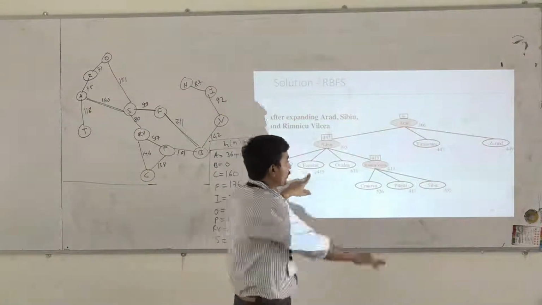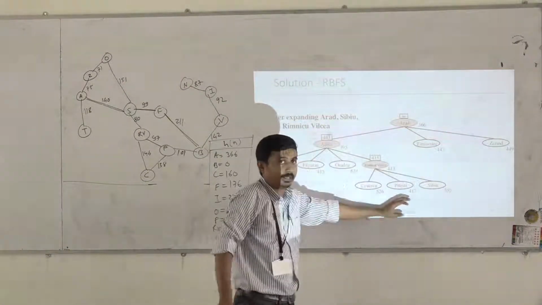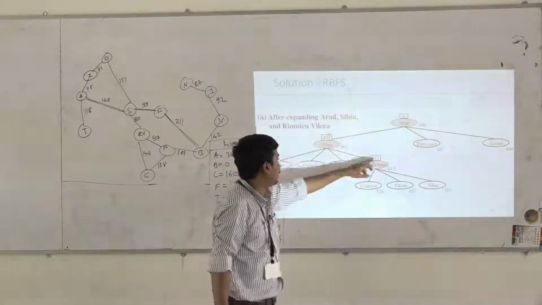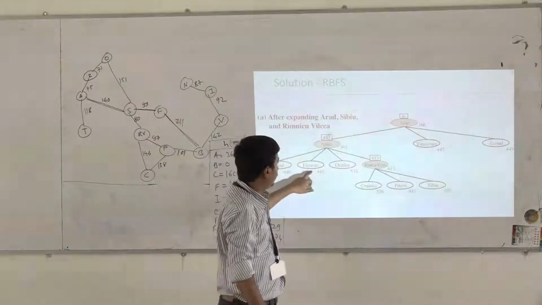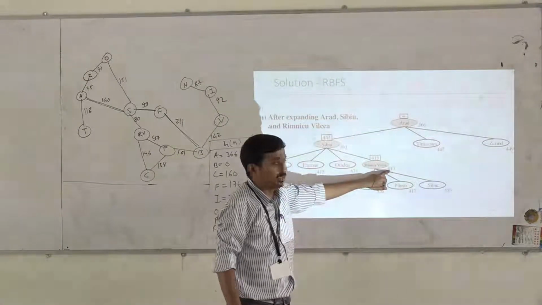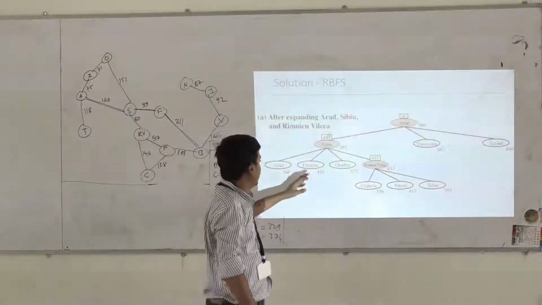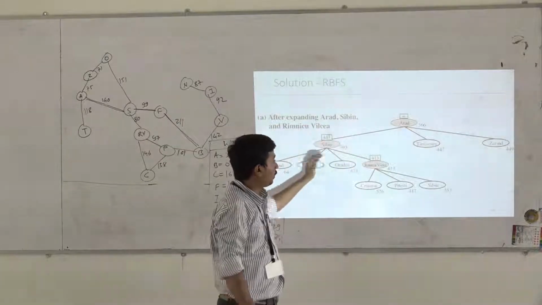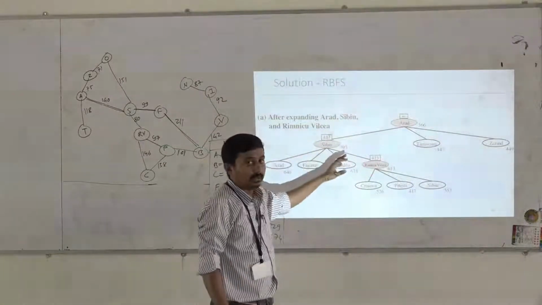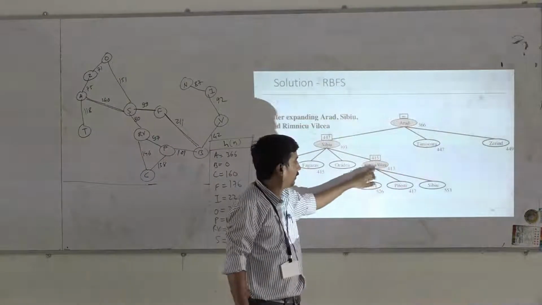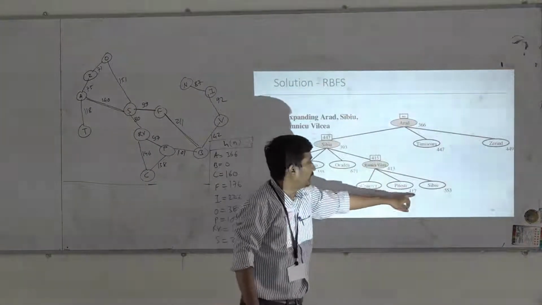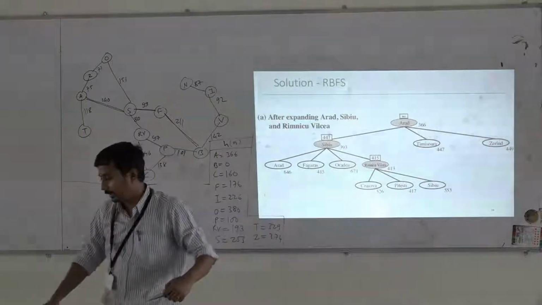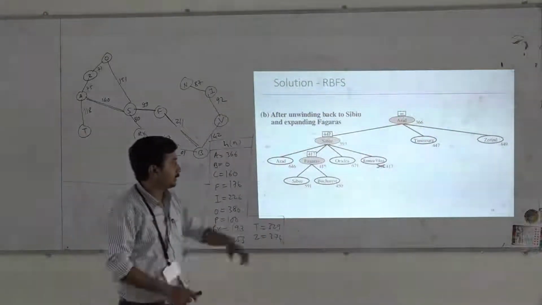Now you have to suspend the execution of this subtree and backtrack to this RB city. At the time of going back, you have to update this 430. Why? Because next time you will visit, you will go there, right? So it will be like a loop. So we will update the f value of this RB city with the minimum of its children. So that is 470. So this will be updated to 470 like this.